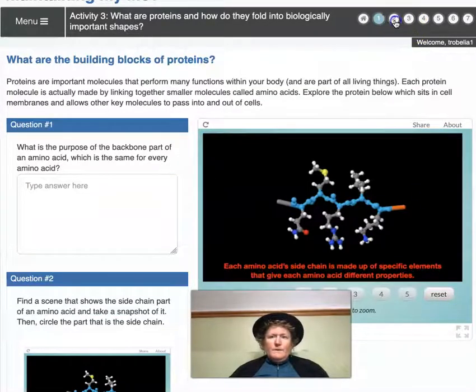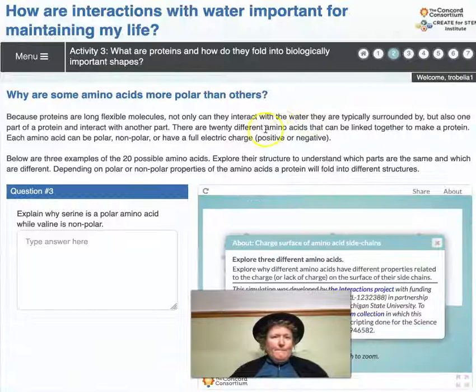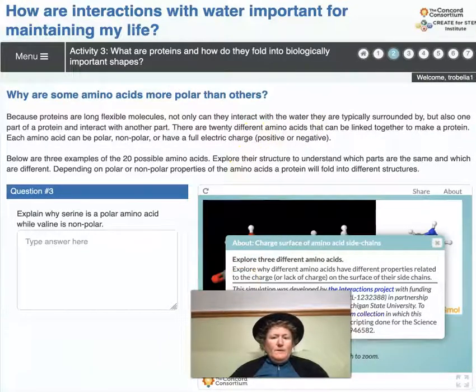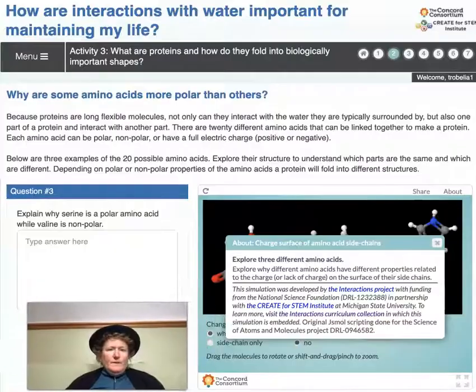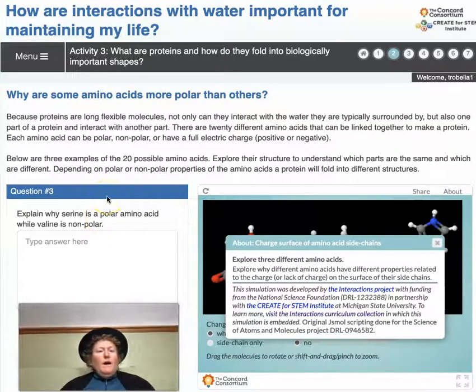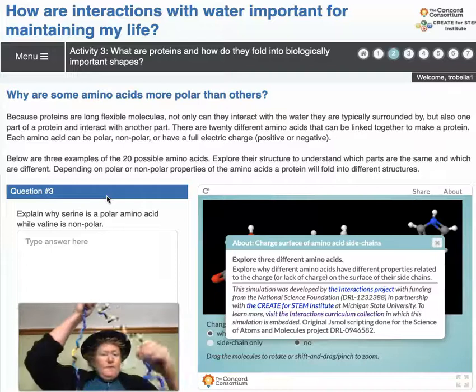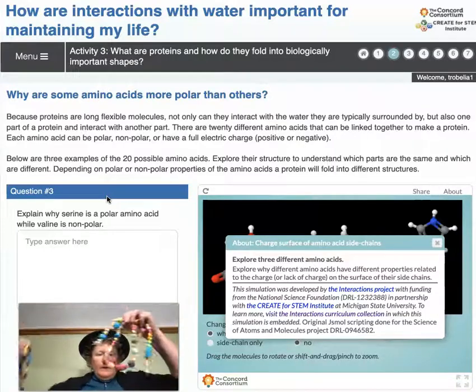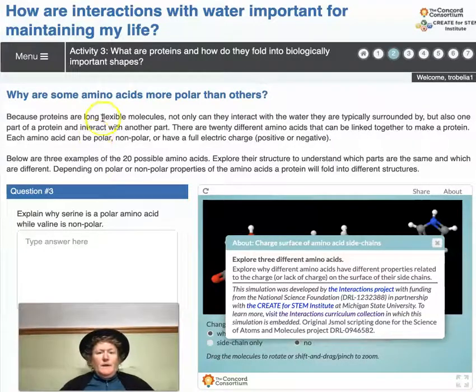And let's roll on to part 2 here. Why are some amino acids more polar than others? Because proteins are long, flexible molecules, you can see that here. In this model, you can see it, and we'll get to another model here in a minute. They can not only interact with water they're typically surrounded by, but also one part of a protein can interact